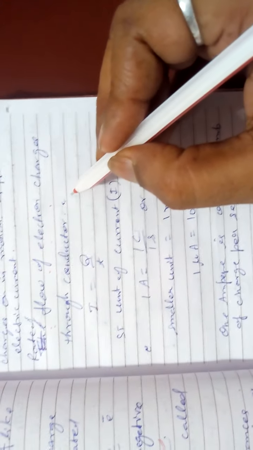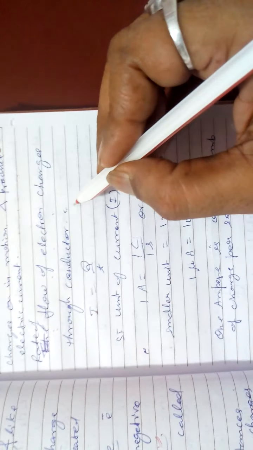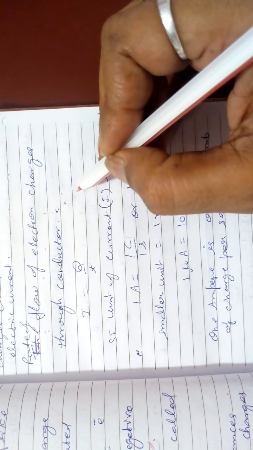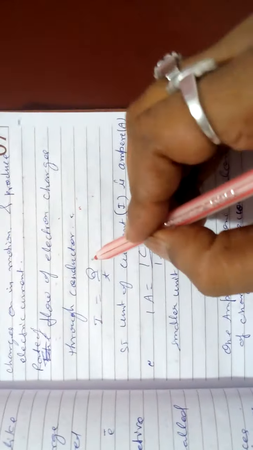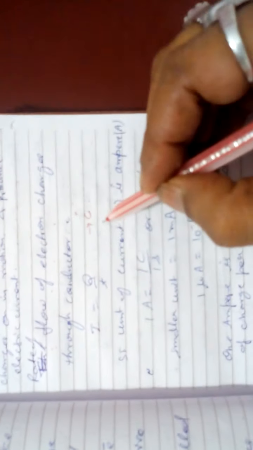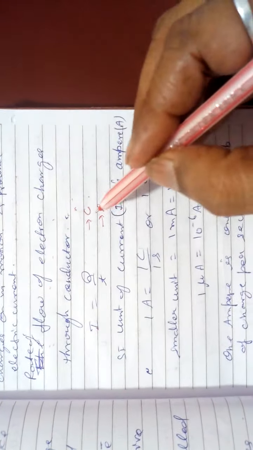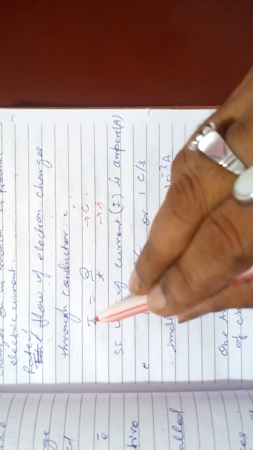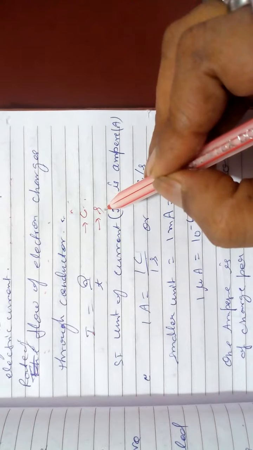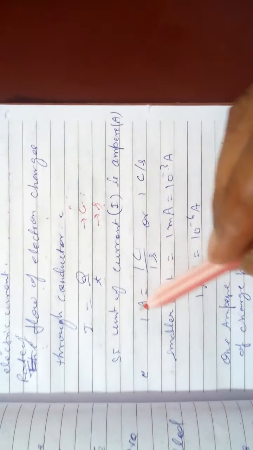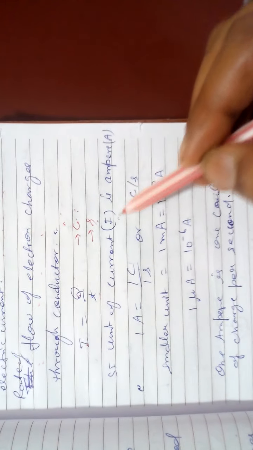That's why the definition is given: current is equal to the quantity of total charge upon total time. Total charge that flows upon total time taken to flow. So you get the flow per unit time. Q is measured in coulombs and time is measured in seconds. So 1 ampere of current is equal to number of coulombs upon number of seconds, the total time the charge flows. So the SI unit of current is ampere.